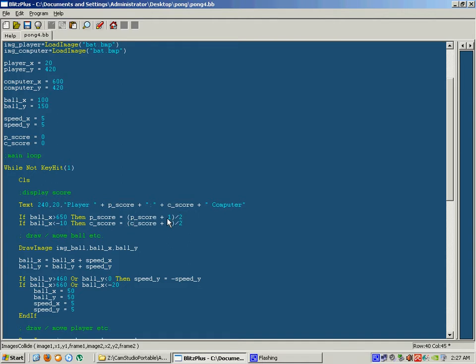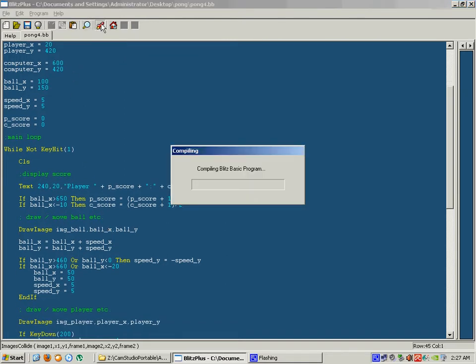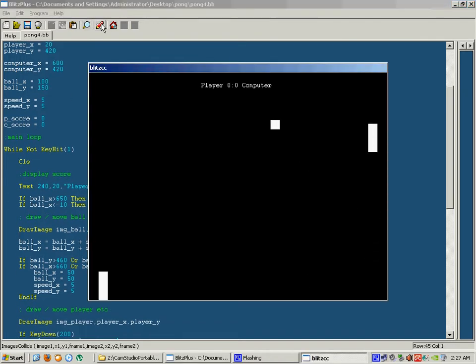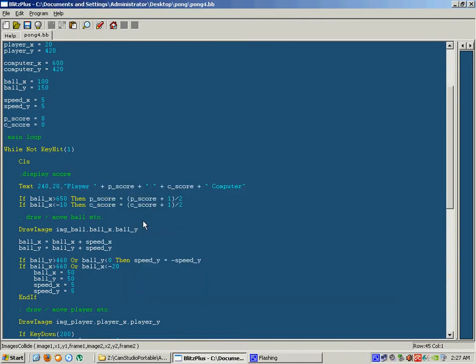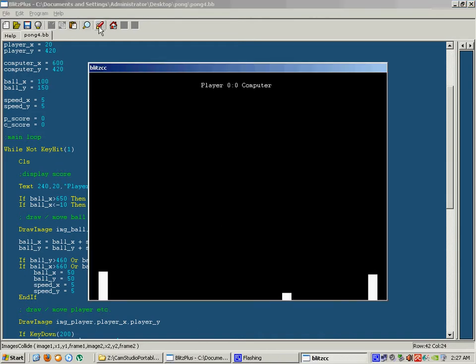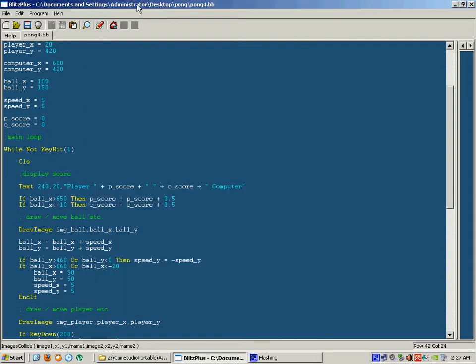Let's see if this works. I've got a feeling it won't. Okay, so obviously it's going back to there. Plus 1, plus 0.5 maybe, because it's looping around twice. Just put that 0.5 and see if we can fix that bug. No, okay, that's because it's a